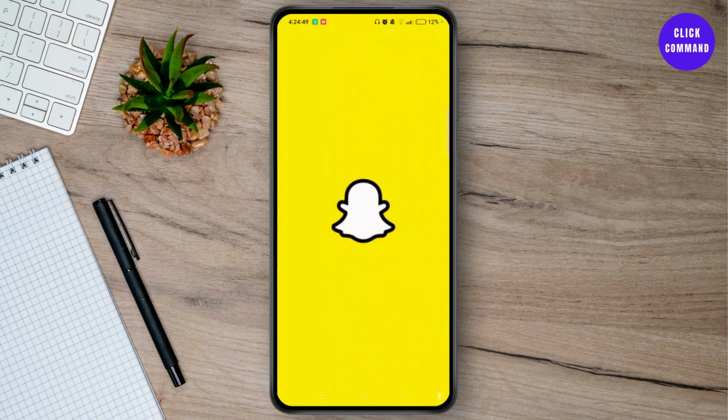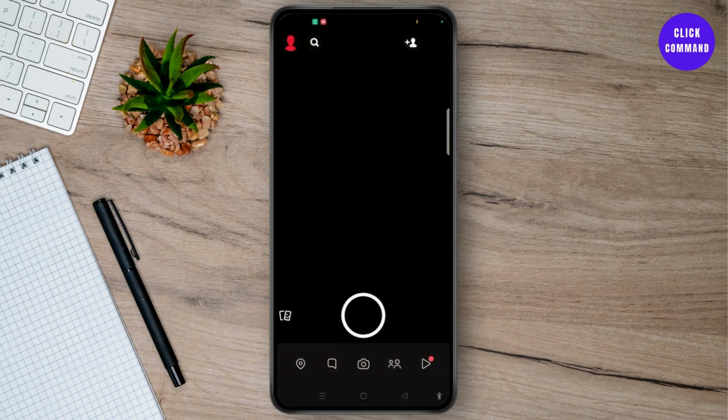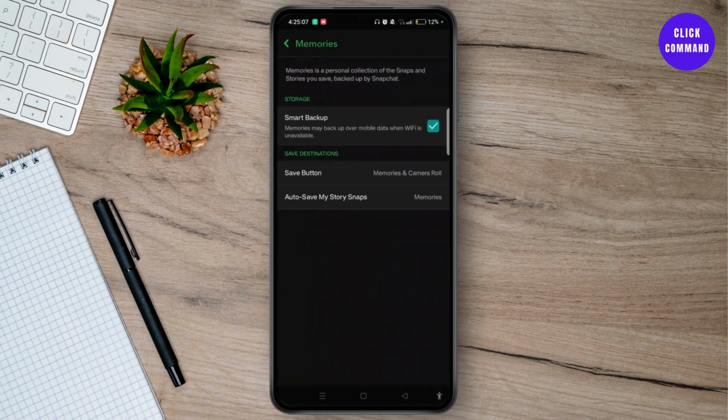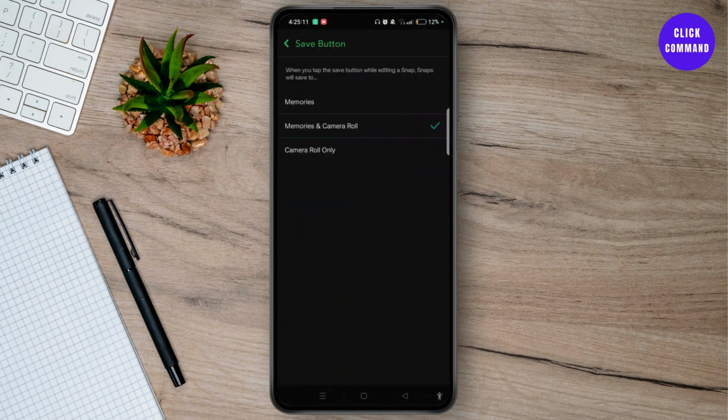Launch the Snapchat application and sign into your account. Navigate to your profile at the top left corner and then tap on the gear icon at the top right. Scroll down and navigate to Memories. After that, tap on the Save button and choose Memories and Camera Roll or simply Camera Roll, and come back to